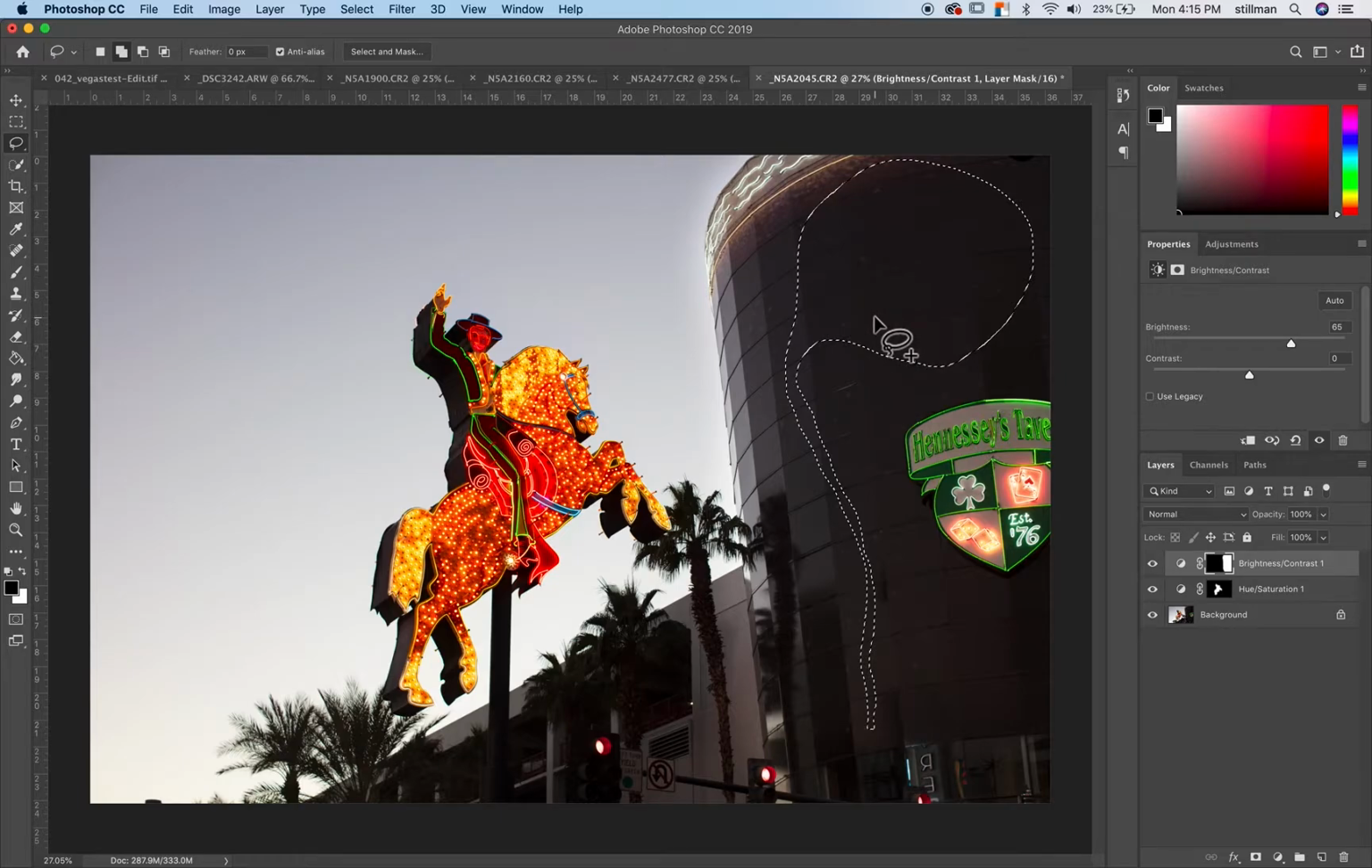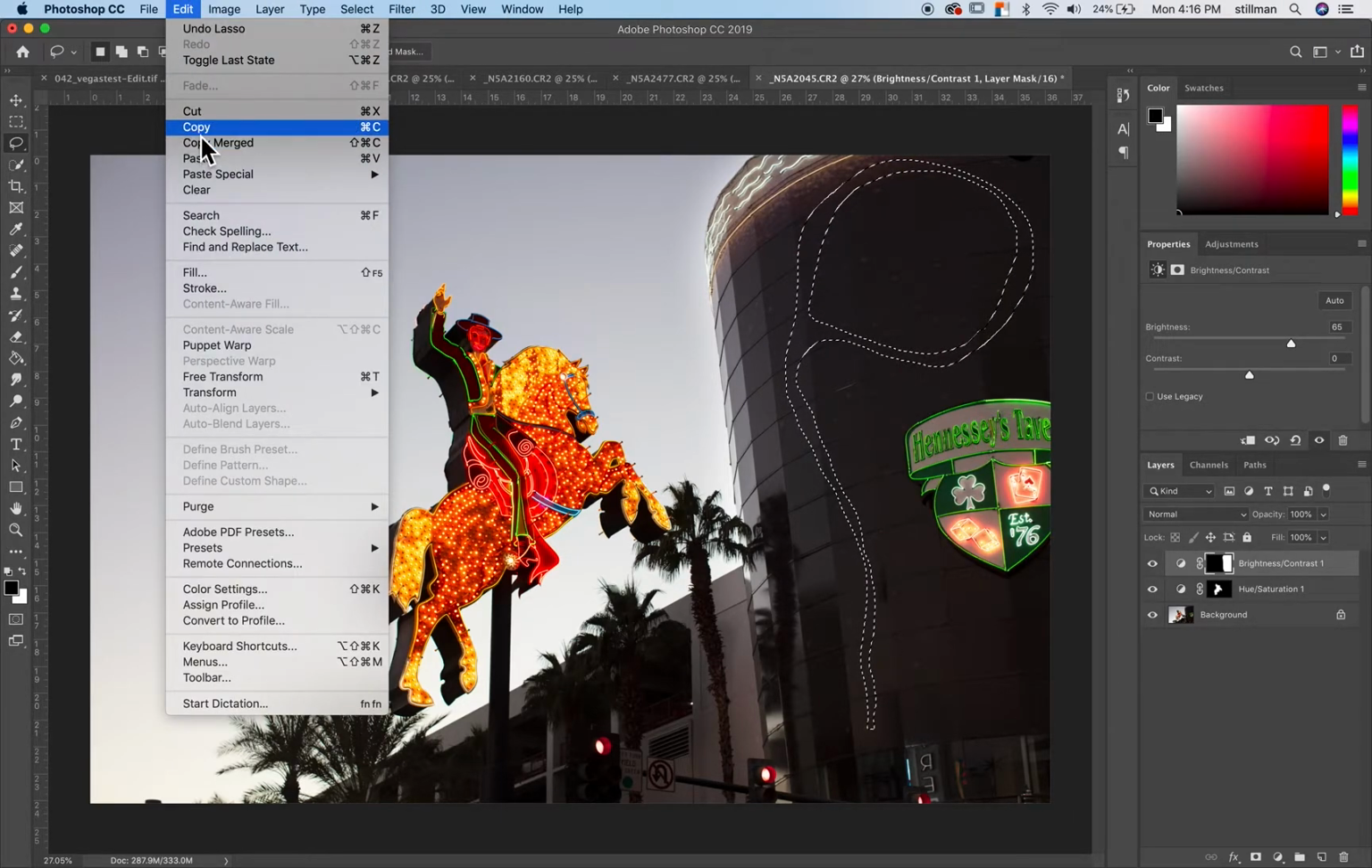So if I hold Shift and I make a selection out here, you'll note now that the selection has grown. I didn't want that, so I'm going to press Command Z to undo. In this case, I want to hold the Option key to get the minus, and I'm just going to draw a circle in here, and that's going to basically take this out of the selection. And then I'm going to say Command C to copy, or go to Edit and copy,